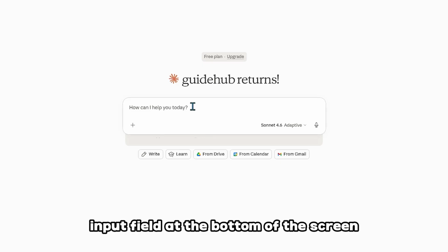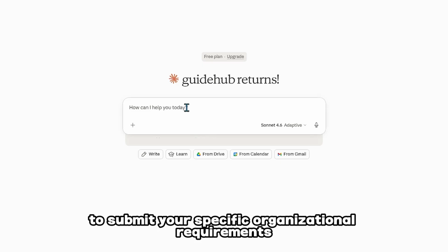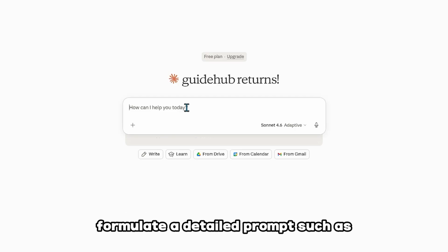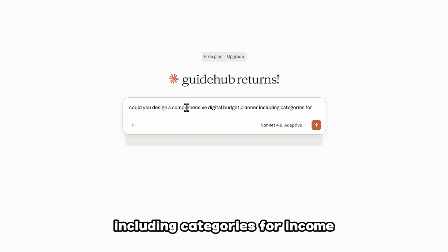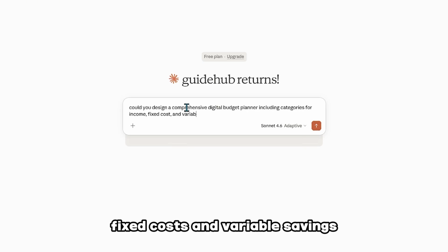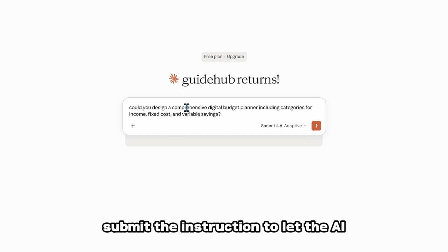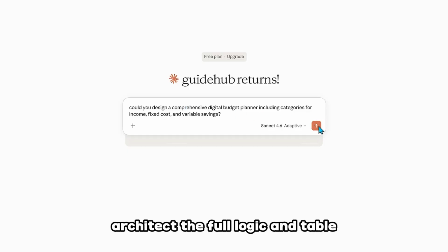Focus on the message input field at the bottom of the screen to submit your specific organizational requirements. Formulate a detailed prompt such as, "Could you design a comprehensive digital budget planner including categories for income, fixed costs, and variable savings?" Submit the instruction to let the AI architect the full logic and table structure of your budget